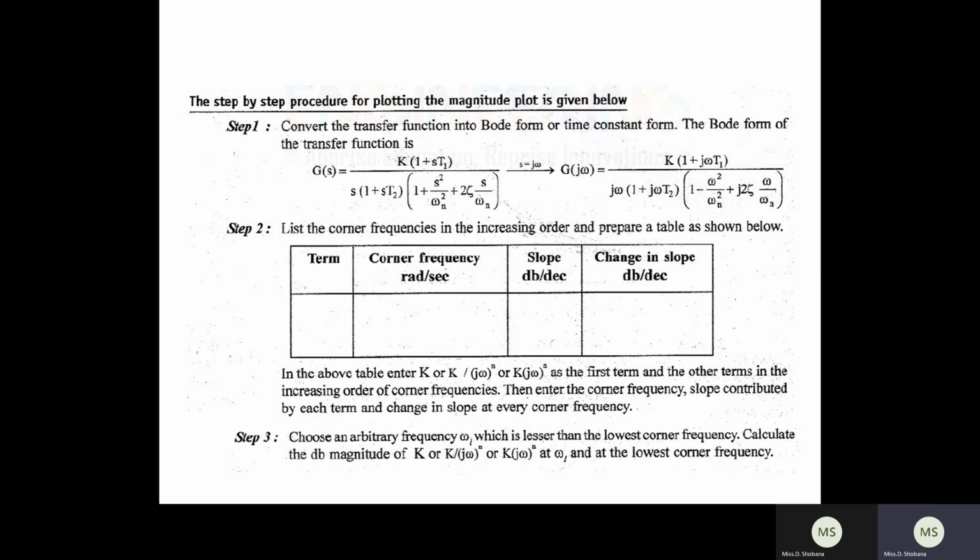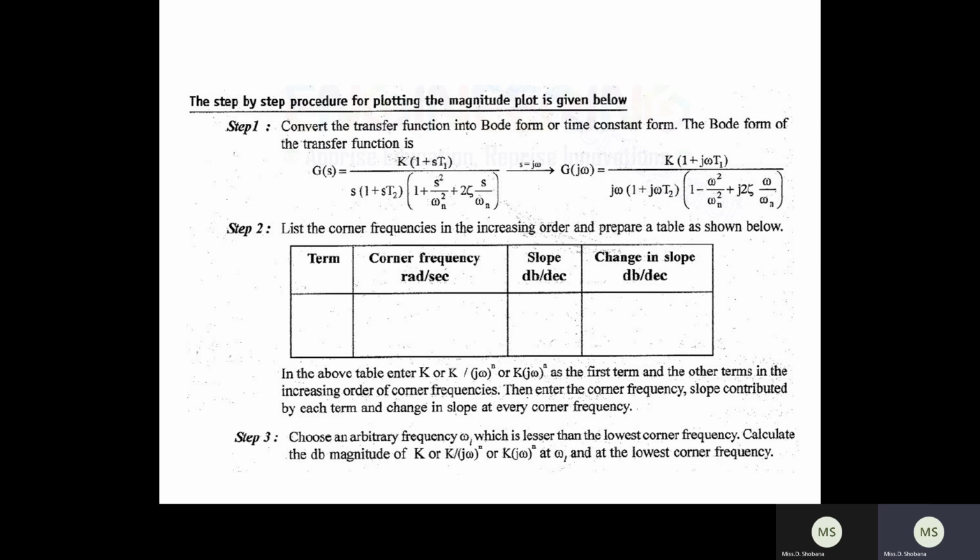Therefore, directly s is replaced by j omega. G of j omega is equal to K into (1 plus j omega T1) divided by j omega into (1 plus j omega T2), into (1 plus j 2 delta omega divided by omega n, plus omega squared divided by omega n squared). So this will be your G of j omega. Once you obtain this G of j omega, then you have to go for the second